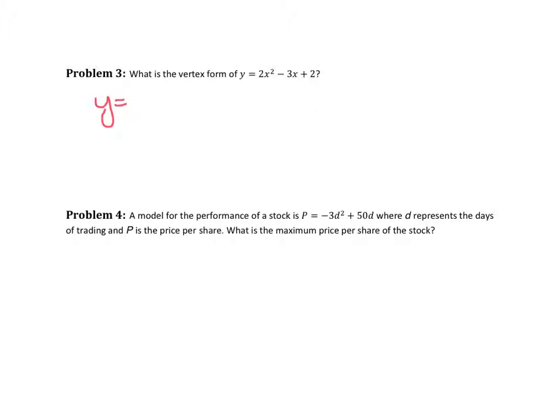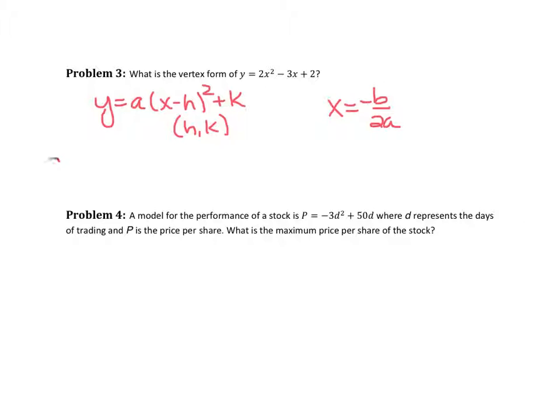It's y equals a, x minus h, the quantity squared, plus k, and (h, k) is our vertex. So if I can find my vertex, I can substitute it in for h and k, and we're really close then. So let's start with our vertex again, and to do that, we're going to use this equation, x equals negative